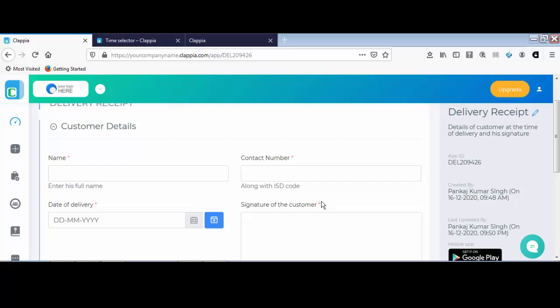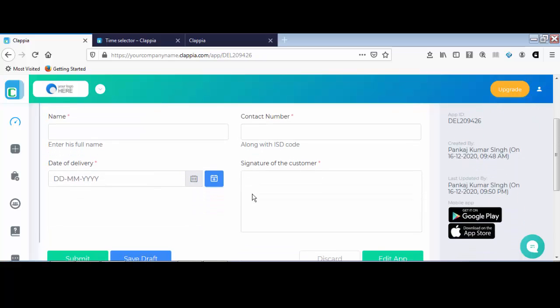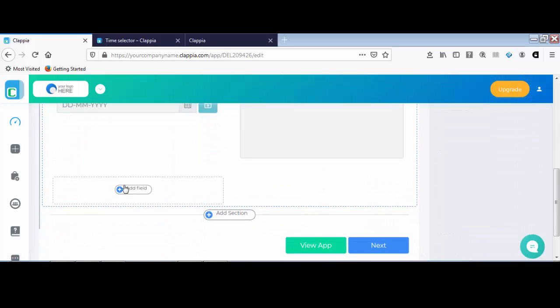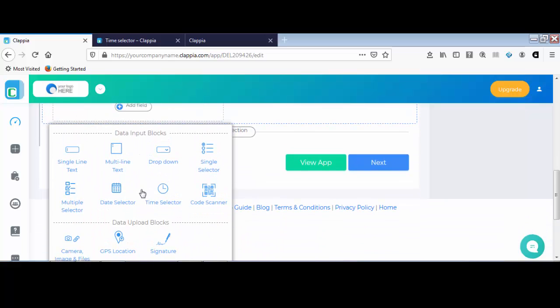Now, here the delivery agent would be collecting these information, and I also need him to make a note of the time at which he delivered the package to the customer. Therefore, I'm going to be adding a time selector block for this particular application. Let us go for Edit App, and I'm going to be adding a field, and you would see time selector